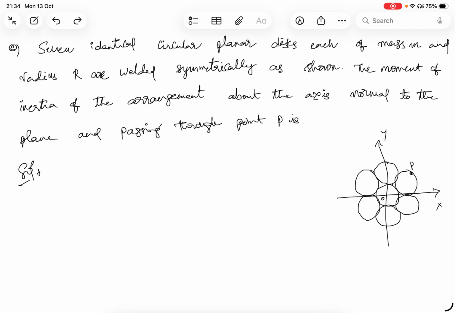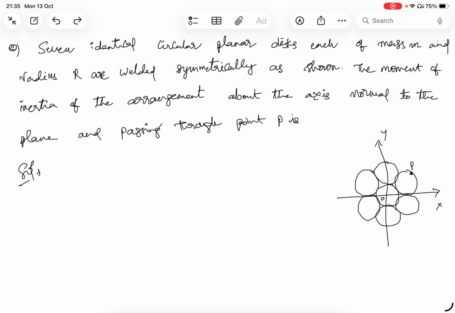Hello, let's solve this question. It's given 7 identical circular planar discs, each of mass m and radius r, are welded symmetrically as shown. The moment of inertia of the arrangement about the axis normal to the plane and passing through the point is. So let's start. It was asked to find the moment of inertia